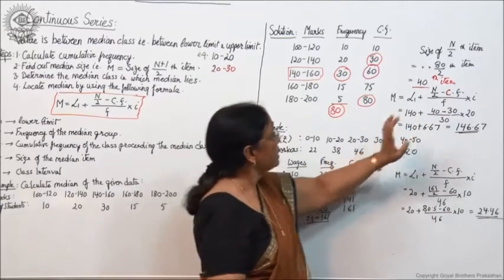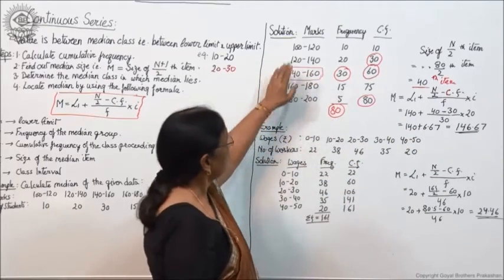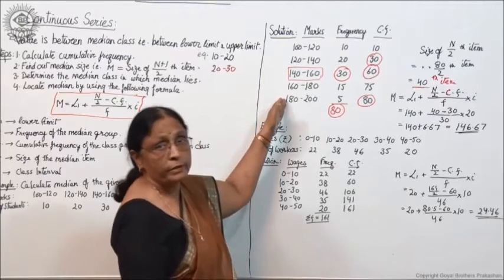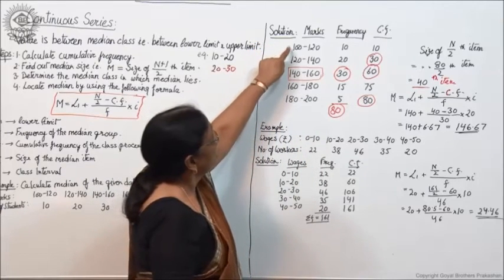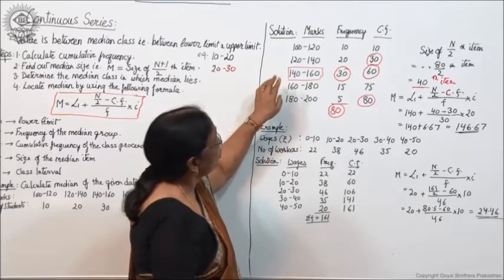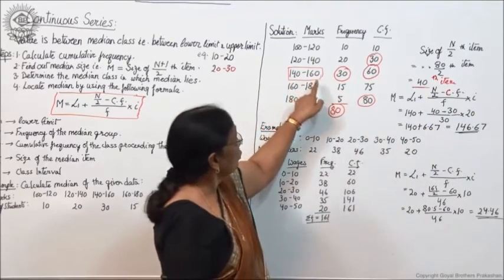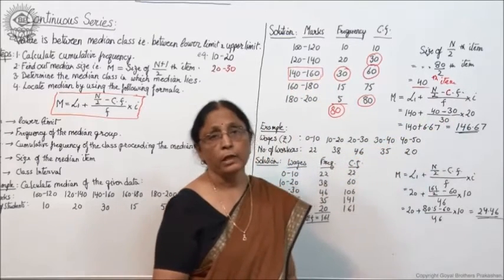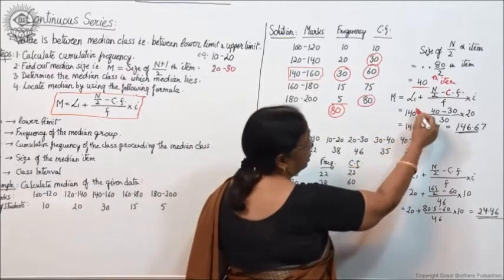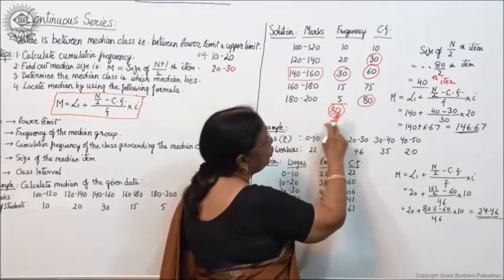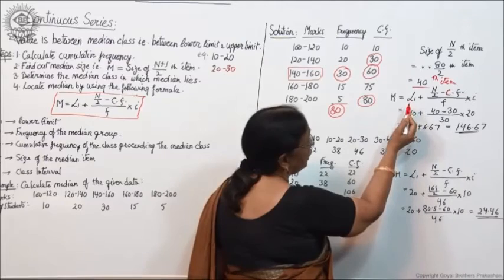And I is the class interval of the median class. Here in this case all the classes have the same class interval, but it may be that in certain examples there may be different class intervals. So, the class interval of the median class you will write down here. So, it is 140 to 160, that is 20 is the class interval. So, in this formula you have written down, you have to select the correct values from here. I will repeat so that you are clear in your mind about it.